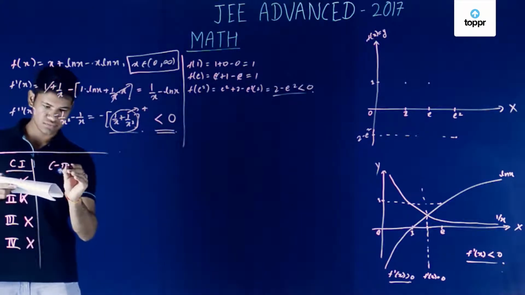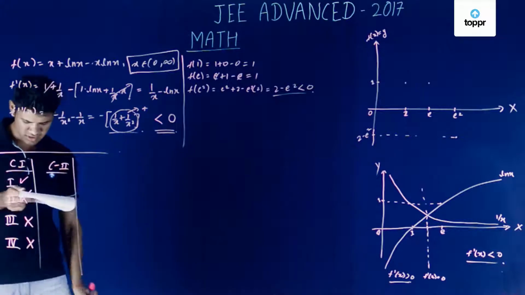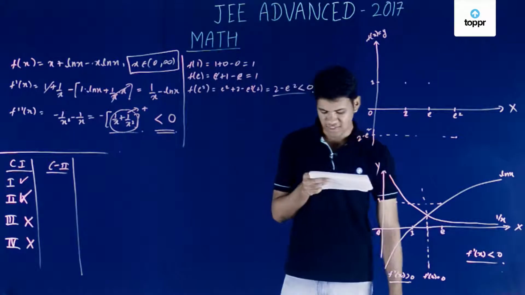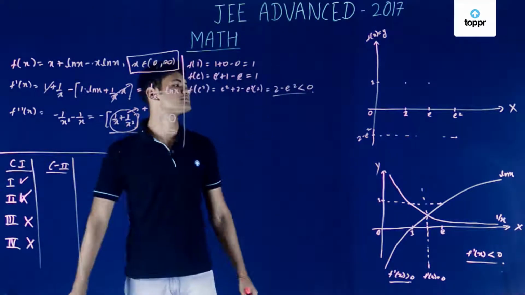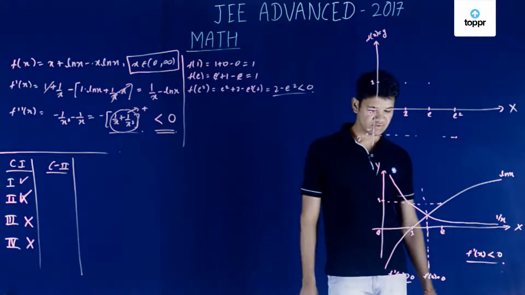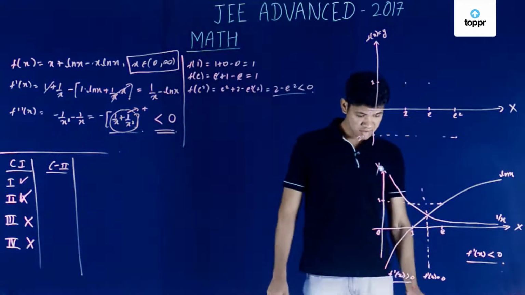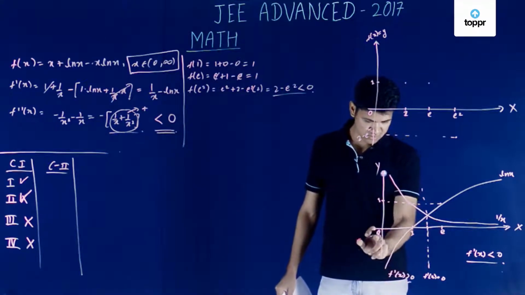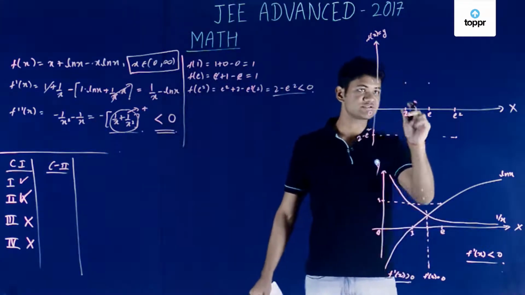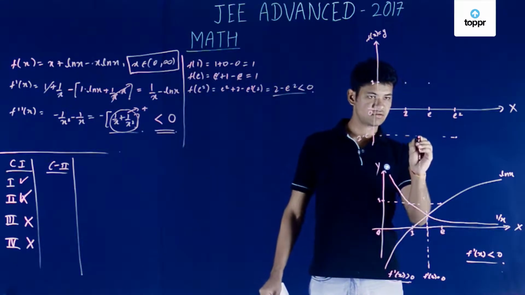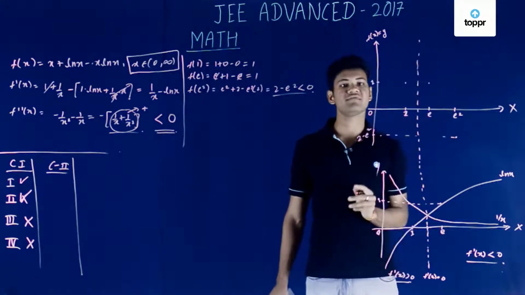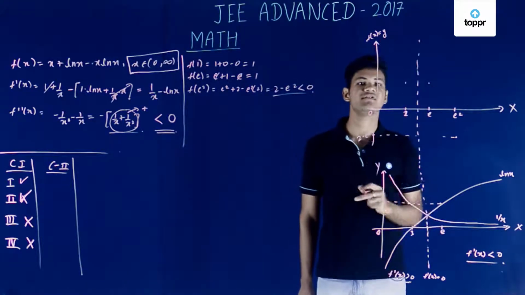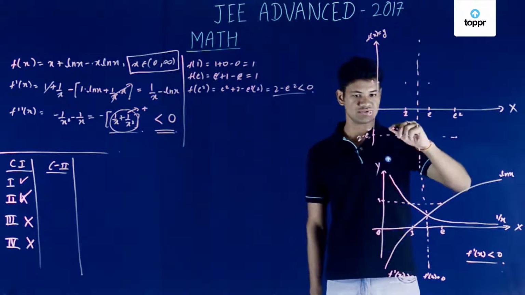Column 2. In column 2, they ask the limit of the functions. So the limit of f of x for x tending to infinity. Now let us look at the graph of f of x. Yeah, so f dash x is greater than 0 from 0 to this point, whatever point this is. What does it mean? It means that the function f of x is increasing. So since it is increasing